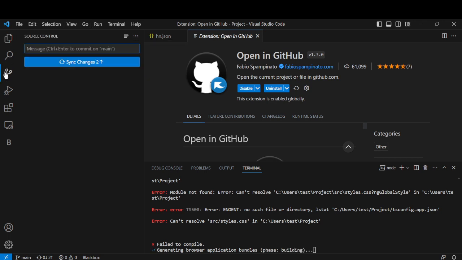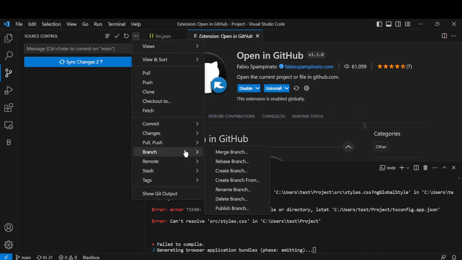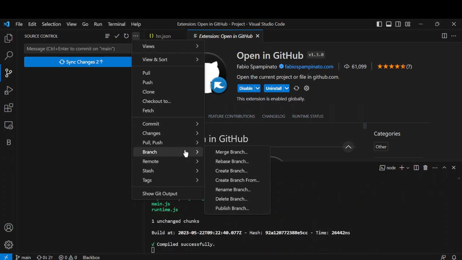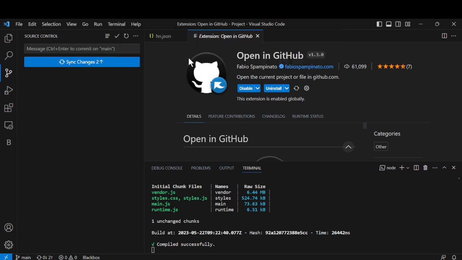You have to come here. Publishing this branch to which one? So here you can publish whatever changes you have. As of now I'll put it in the demo git. Okay,